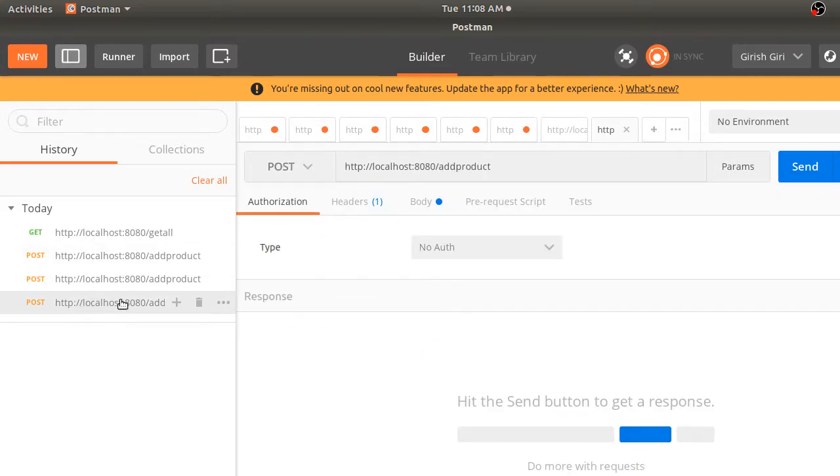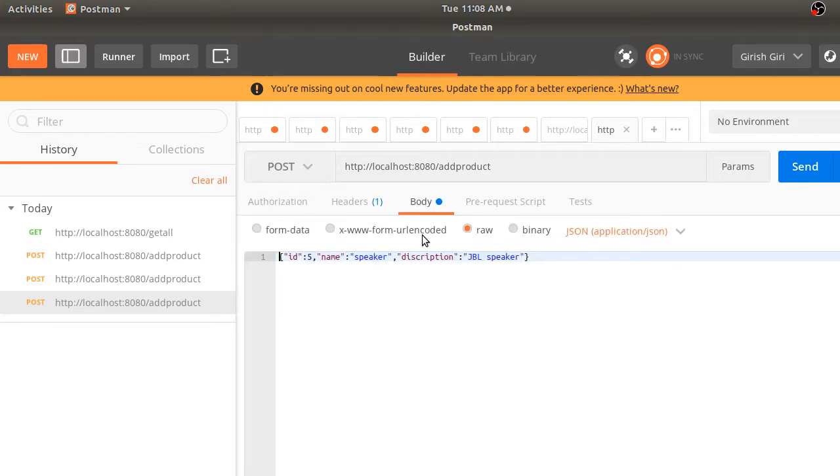So we had a post request done for this add product URL, and I'm sending a body along with it. Means I'm sending some data. This has to be added with the already present JSON, right? This is a raw data I have chosen, and this raw data I'm sending it through a post request.